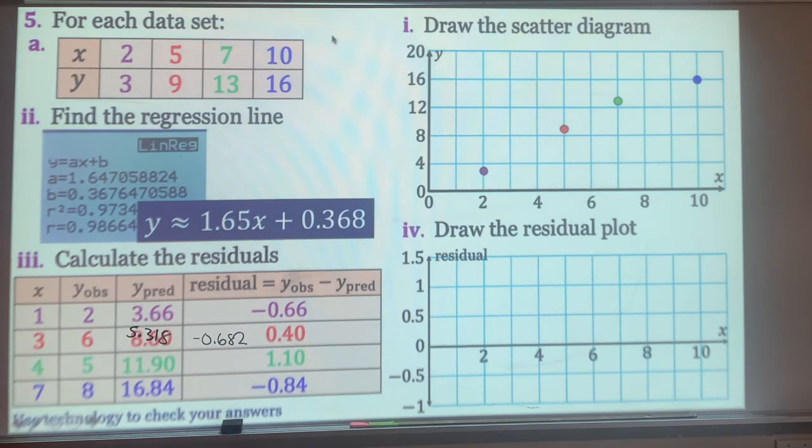Hold on one second. 1.65x plus. All right. So let me just do this real quick just to make sure I didn't mess up. 1.65 times 1 plus 0.368. That gives me,